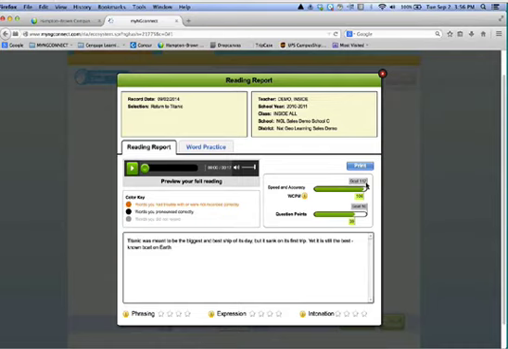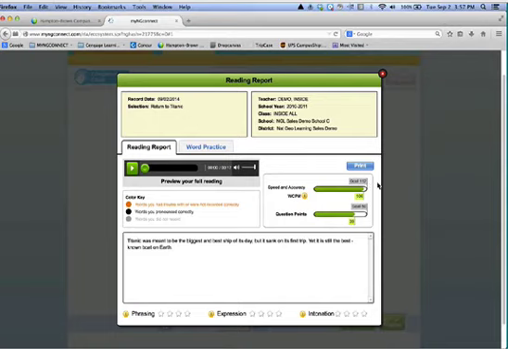If a student scored maybe 50 out of 112, they could automatically go back in and do a second recording or a third recording. And this is only building fluency for that student. You, the teacher, will receive the final recording that the student submits. So if I were to go back in and read it again and read it again and read it again, the last one that I hit submit on and actually log out afterwards will be the one that you, the